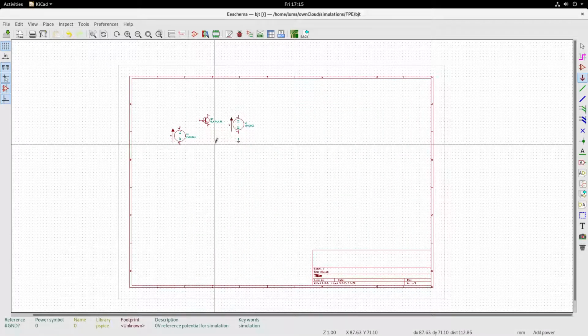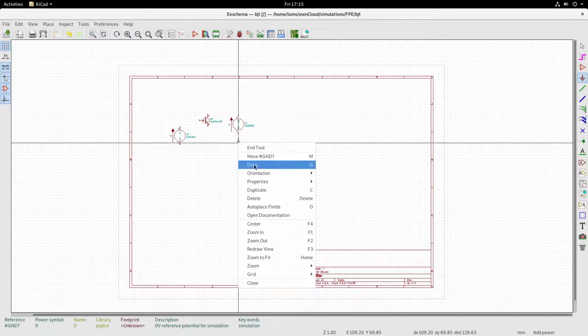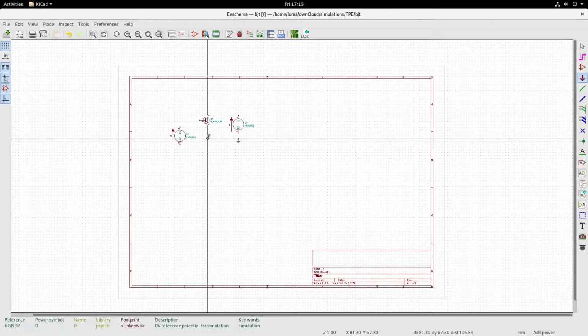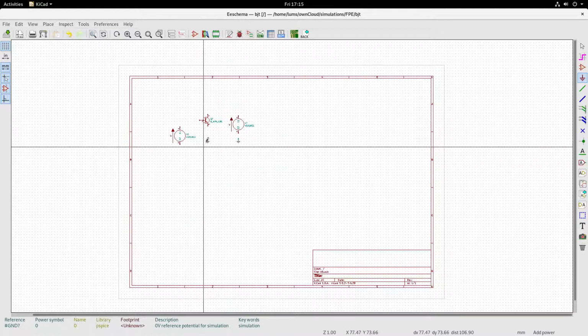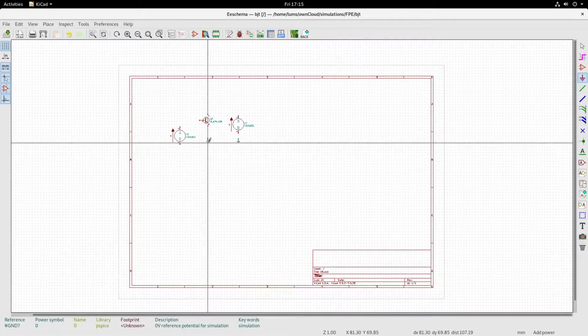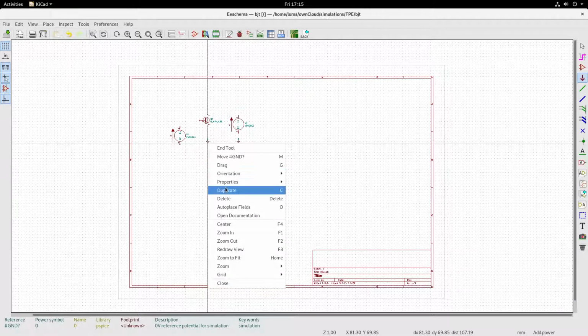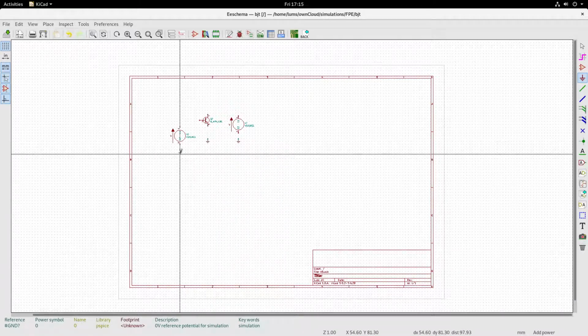So we will place that, and we will need the ground symbols there.